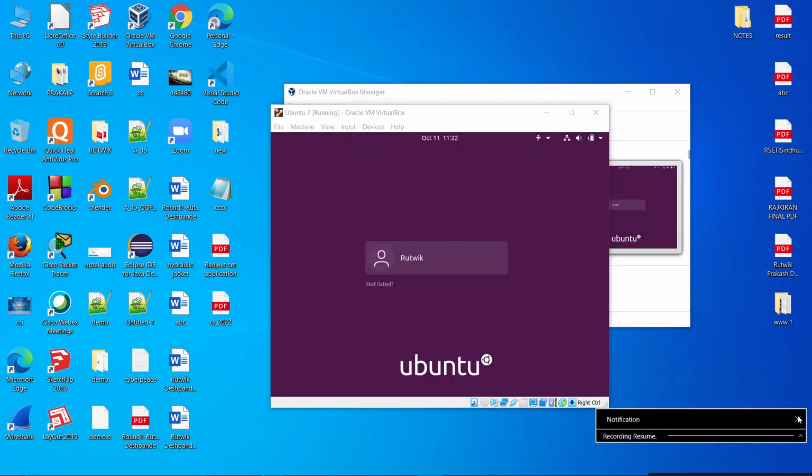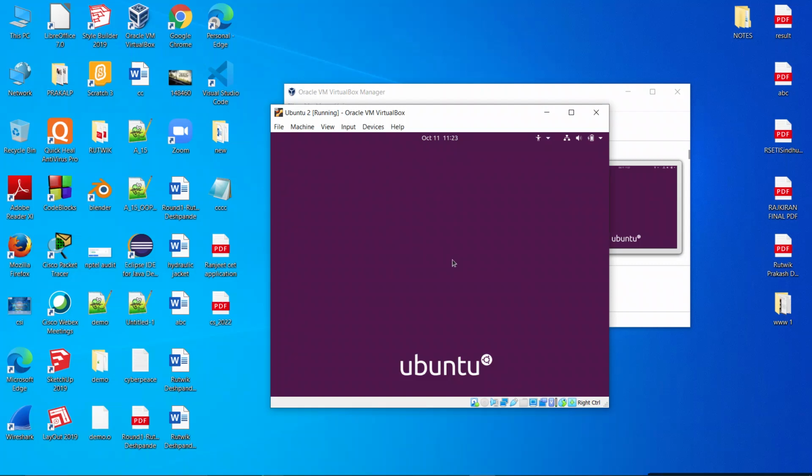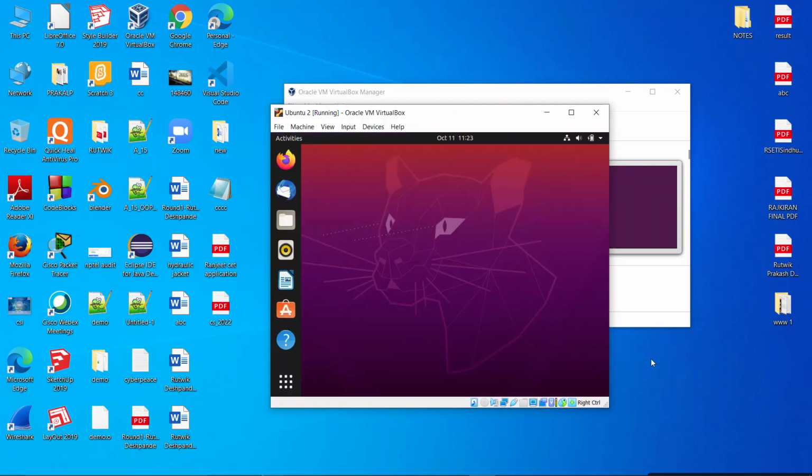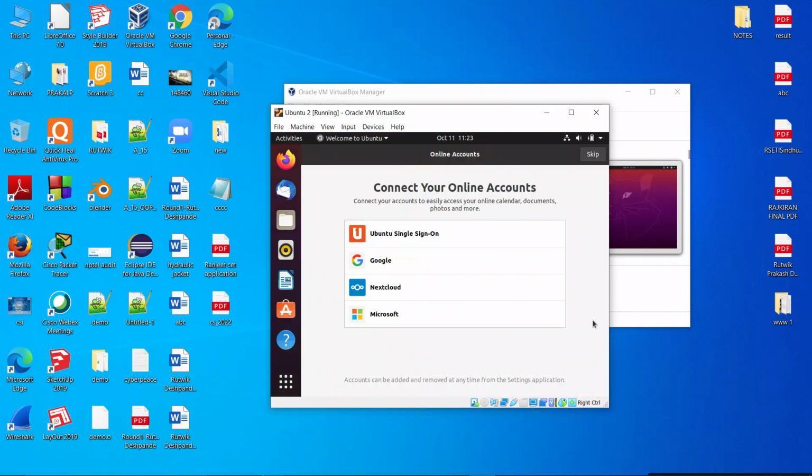And here you can see restarting has been completed. And if you remember, we gave a name, Rutvik. So I will just click on that, and it will ask for my password because I have enabled that checkbox. I will enter my password here, and once I hit enter, it will start our Ubuntu system using the virtual machine, that is Oracle VirtualBox. Just wait, as we are starting the Oracle virtual machine for Ubuntu for the first time. It will take some time, and it has started.